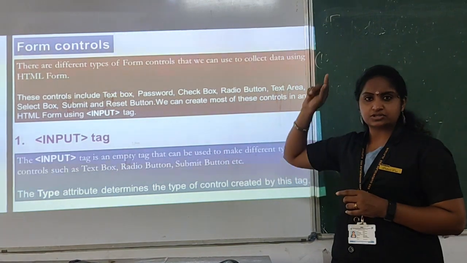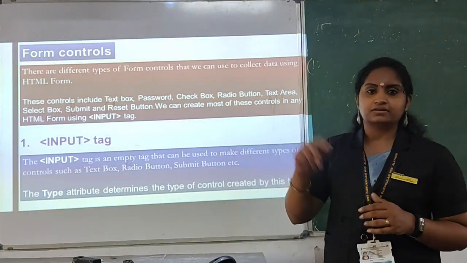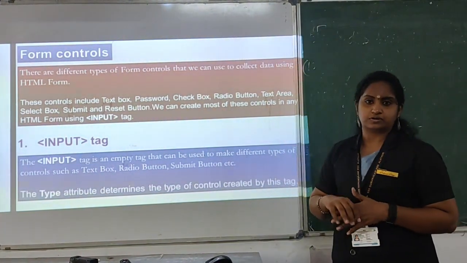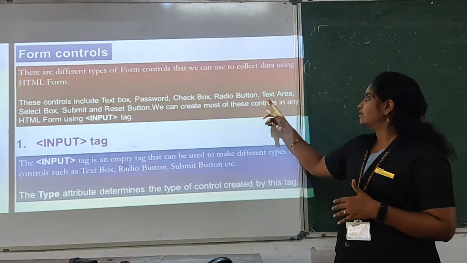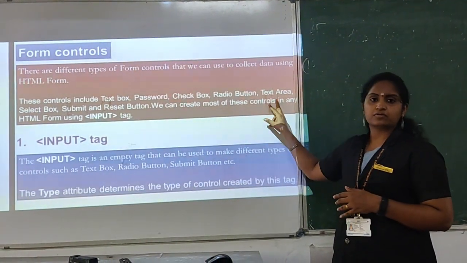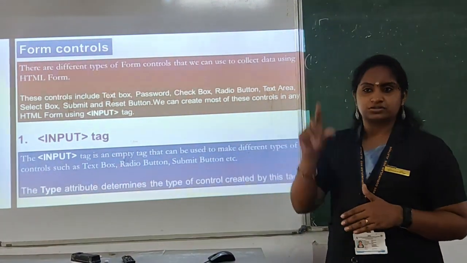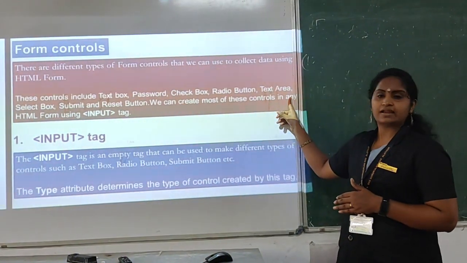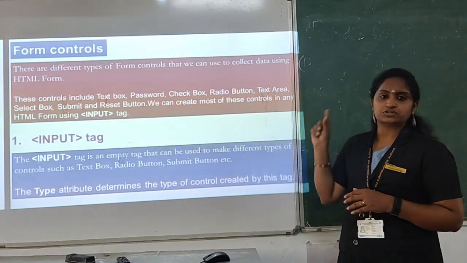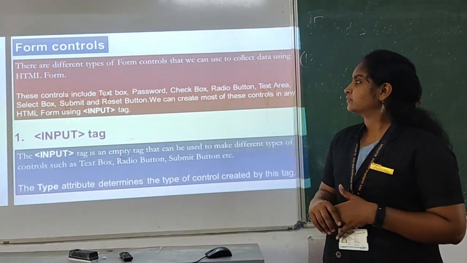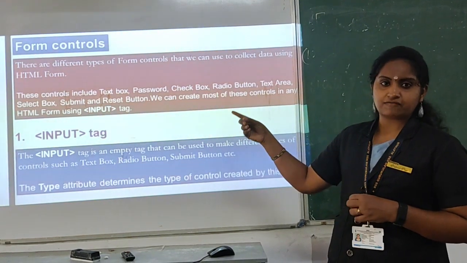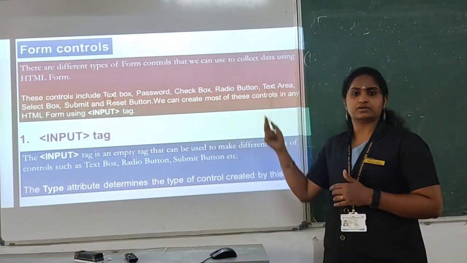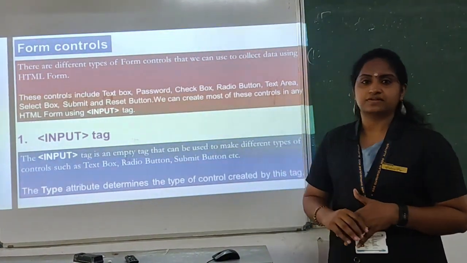And another one is checkbox. When you click it, it will be displayed with a tick mark. And another one is radio button. In a round shape, you can choose a particular option in a web page. And another one is text area. If you have seen some web pages where you type comments, you get a square box. So that is the text area option. And another one is select box. From a list of options you can choose, that is the select box. And another one is submit. After entering the contents, you just click the submit button. And another one is reset. If you want to reset, you can use it. So these are the different controls we are using with the input tag.